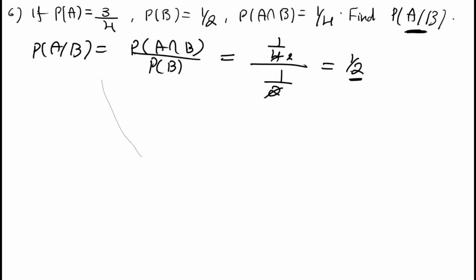Here you can see you are not using the probability of A value, though in the question the probability of A value is mentioned. In the formula you need to check the question: it is probability of A by B, which means you need to use that formula only and substitute the values for the formula. Here you are not using probability of A, you are just using probability of B. Suppose the question is probability of B by A, that time we need to use only the probability of A value, not the probability of B value. According to the question you need to substitute whatever data is given.